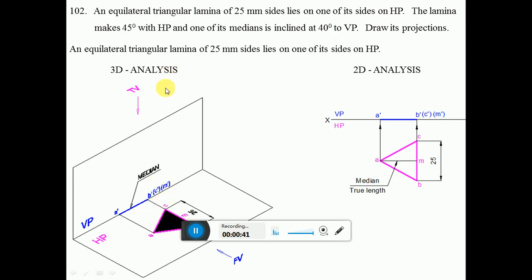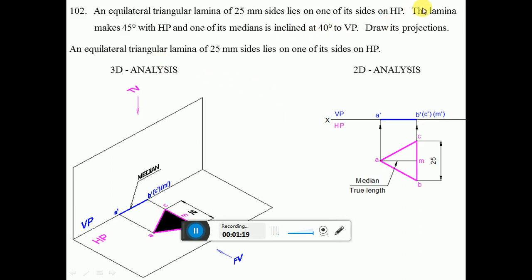Here, one of its sides is on HP, so the side which is resting on HP has to be perpendicular to VP. Why do we consider it perpendicular to VP? Because when you look from the front view you get a point. So it is very easy. If you rotate this surface by an angle, then that point will not be altered, so the side will not be altered. That is the reason why we always consider it perpendicular to VP.